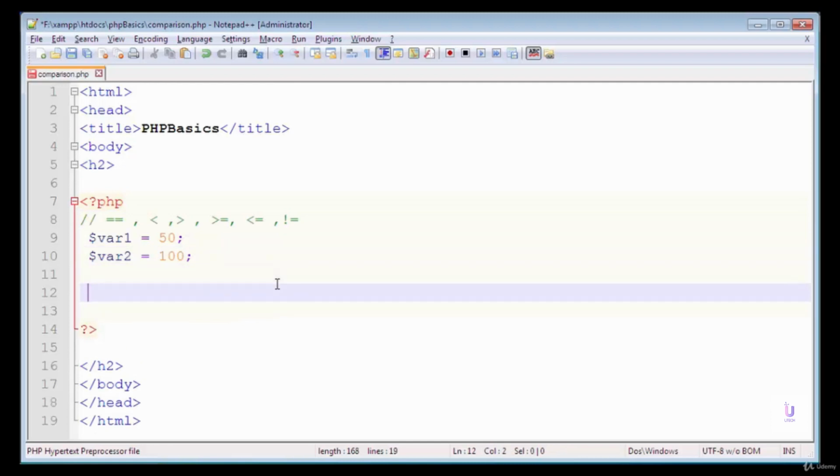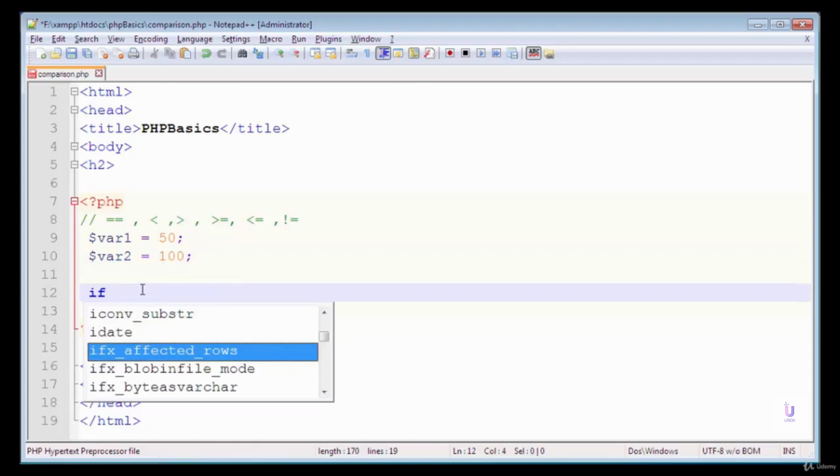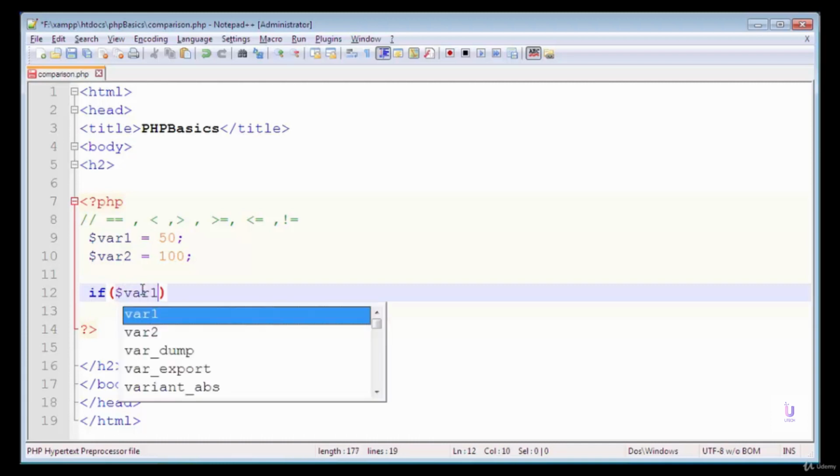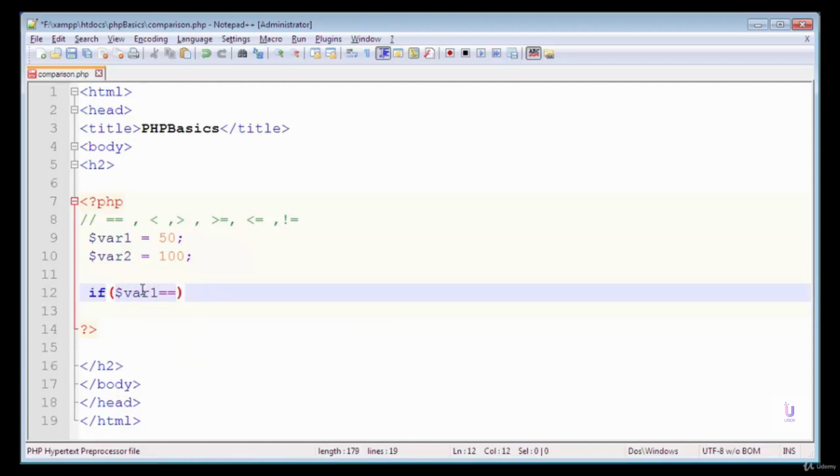For example, I have two variables, variable 1 and variable 2. If I want to check whether the values are equal or not, I'm gonna write here variable 1 is equal to variable 2. This will check whether the values of these two variables are the same or not.